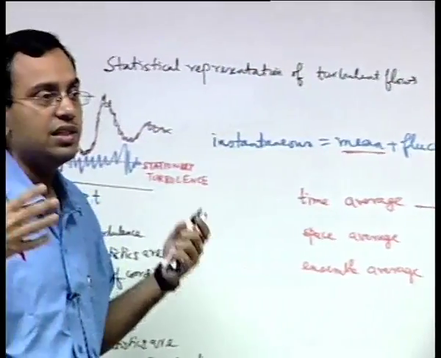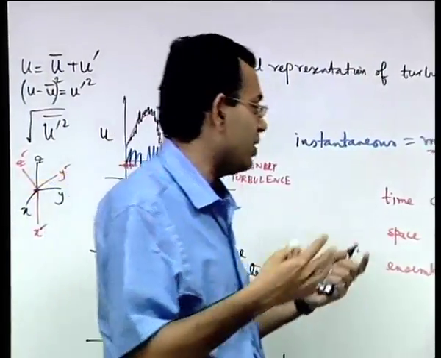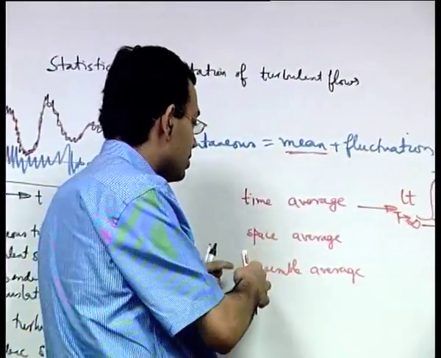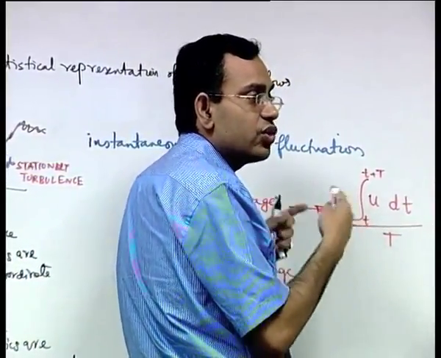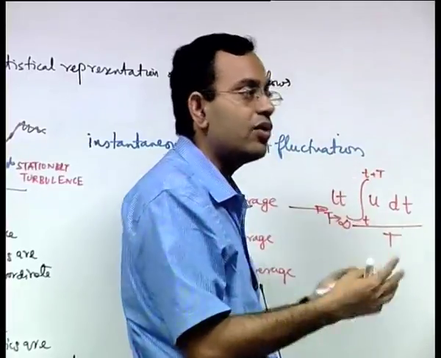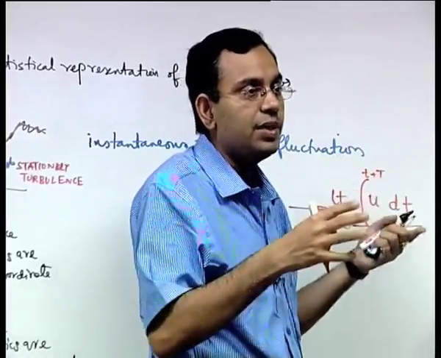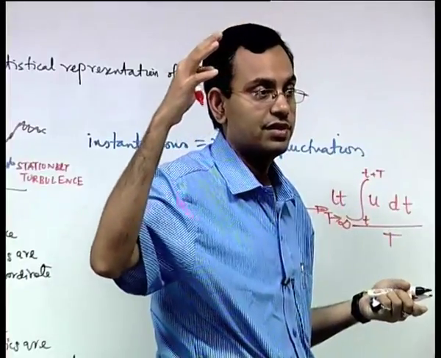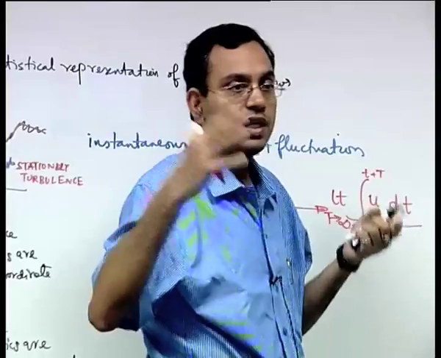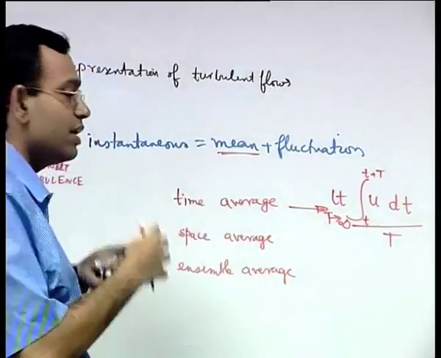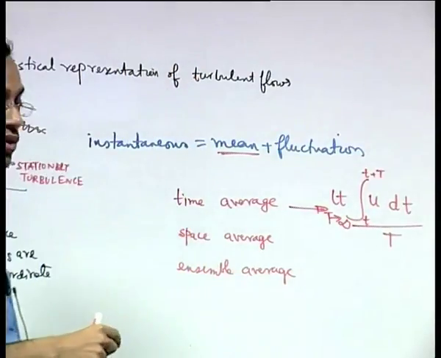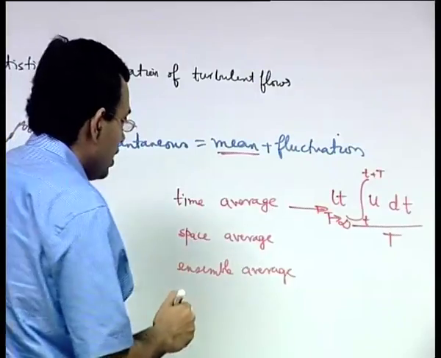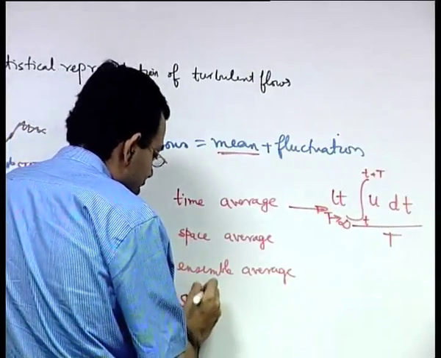It is a stochastic type of experiment: similar boundary condition, similar arrangement, but many different experiments. All those experiments will give you some average, and that is known as ensemble average. So if you have a stationary turbulence,